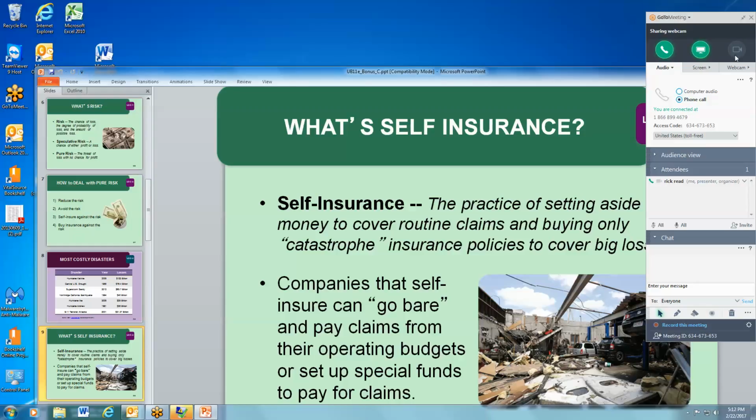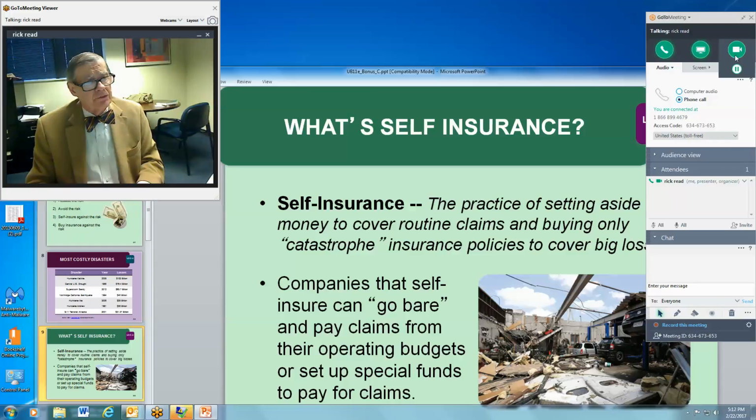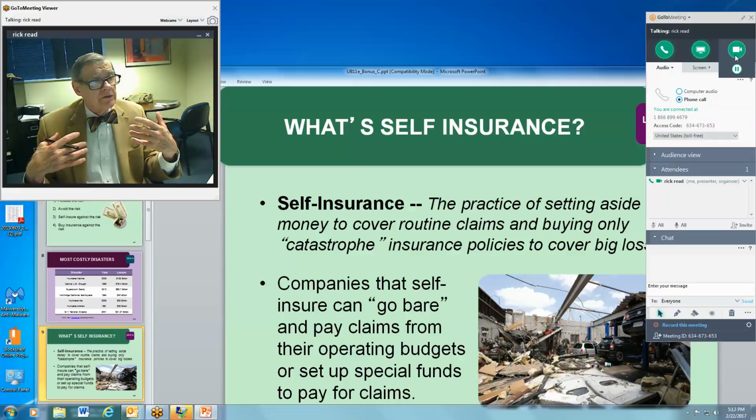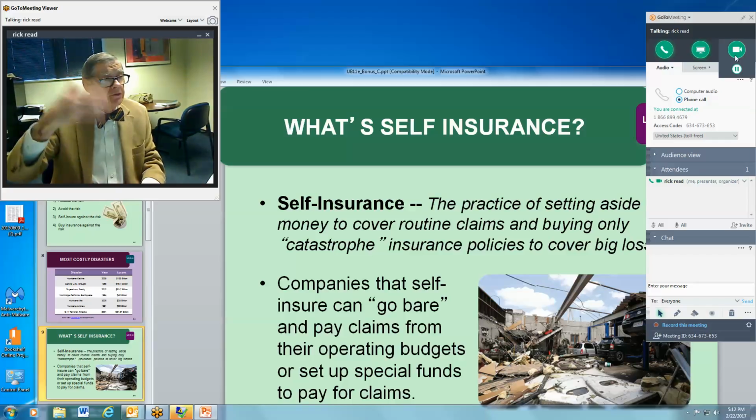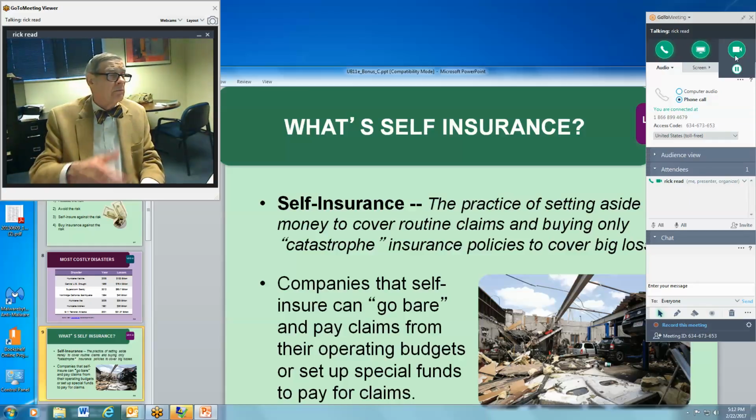And that is, what's self-insurance? Self-insurance to me means that we have set aside some funds to say, if this thing happens to us, here's the worst amount it could cost us. Well, let's just say $100,000, we use that as a figure. And so we have that money set aside if this risk occurs, to cover claims from somebody or something else.